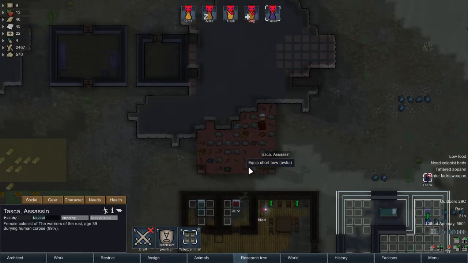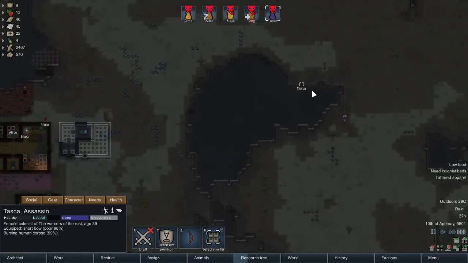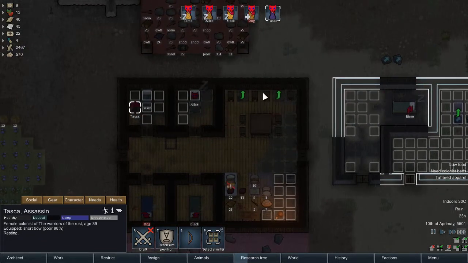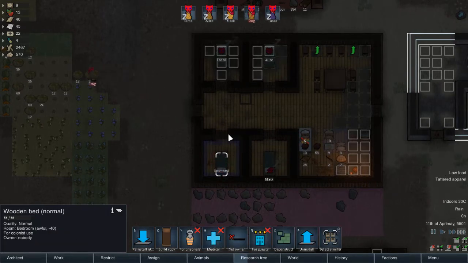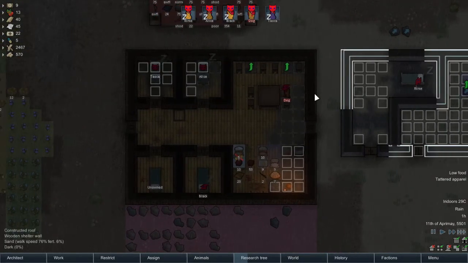Burying human corpse. I would like you to actually equip a short bow. Do we have one that's like poor or not awful? Yeah, we have a poor one. Okay. You can have the poor bow. And thankfully she'll be burying this corpse, which is nice. Okay. So, yeah, there we go. Cigarillos. Let's, yeah, dog is probably going to...